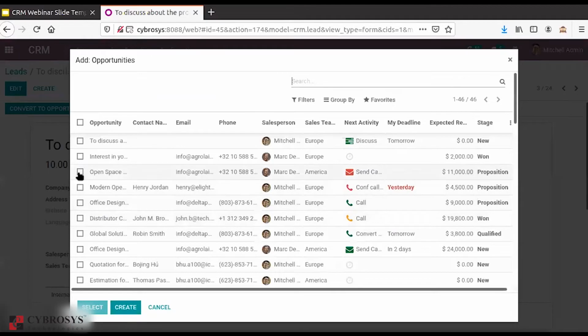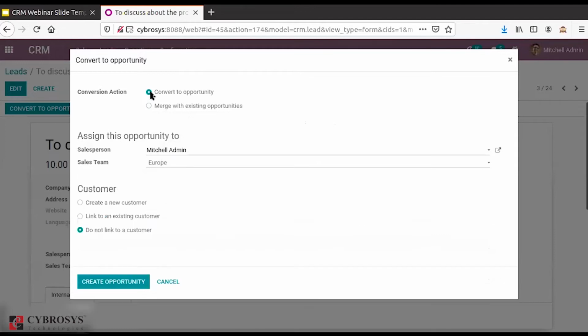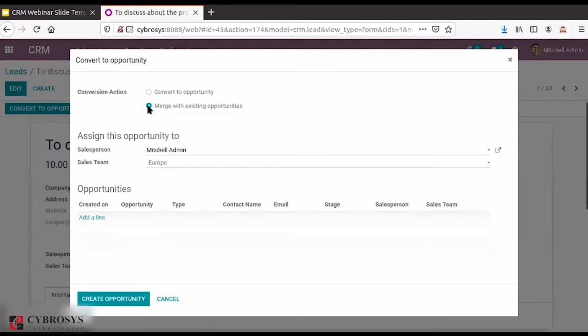From here you can select one while merging, or otherwise you have the option to convert it to an opportunity. When you merge, you will be able to select the other opportunity with which you want to merge this newly created opportunity.